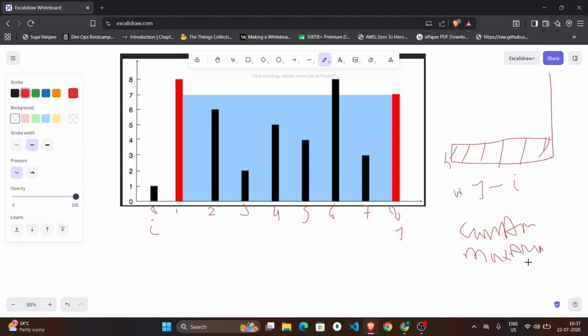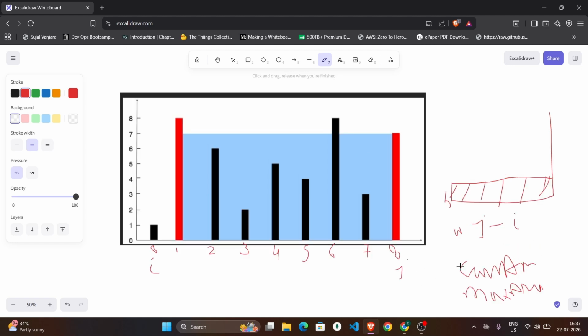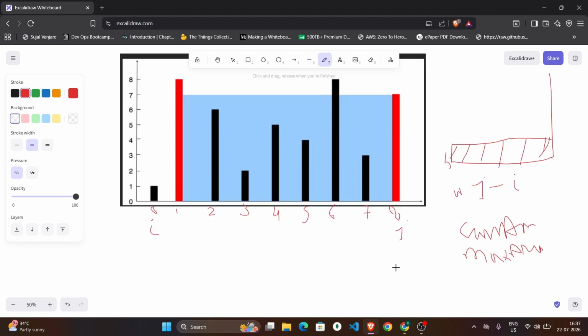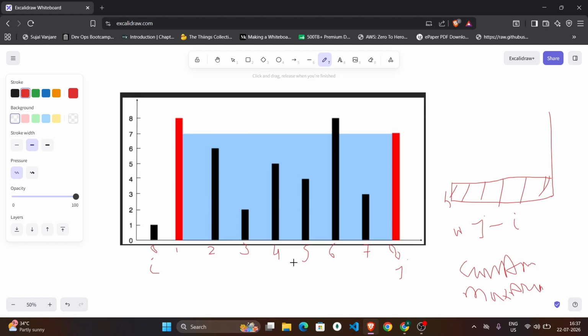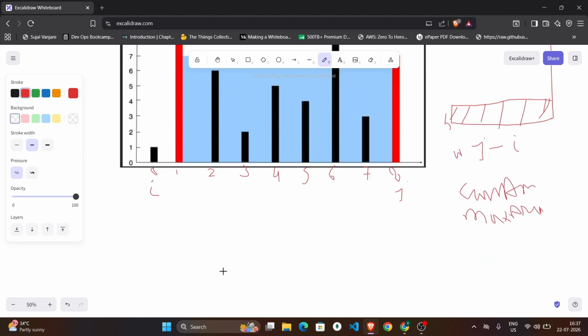Wherever we see the max area, we will update our max area variable. Now the point is how we move the i and j pointers. So it's obvious, if the height of i is lower than the height of j, right? So let me write it. If height of i is smaller than height of j,